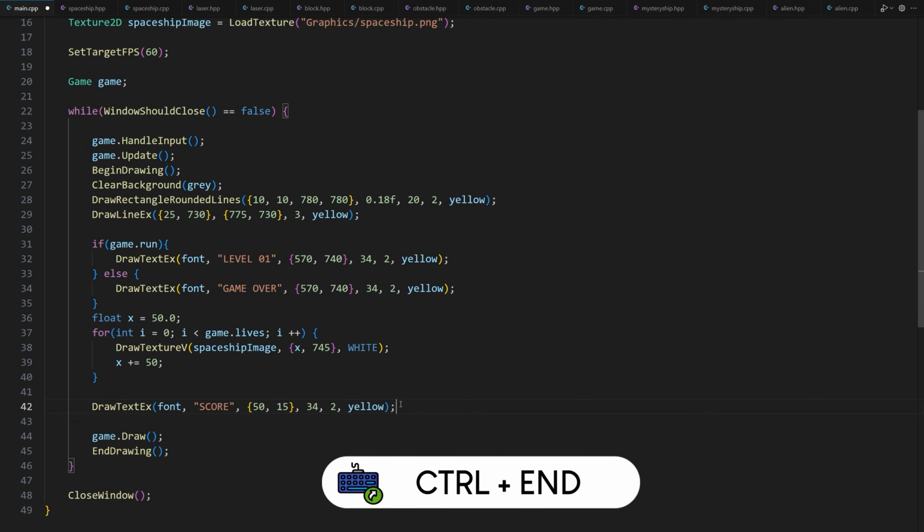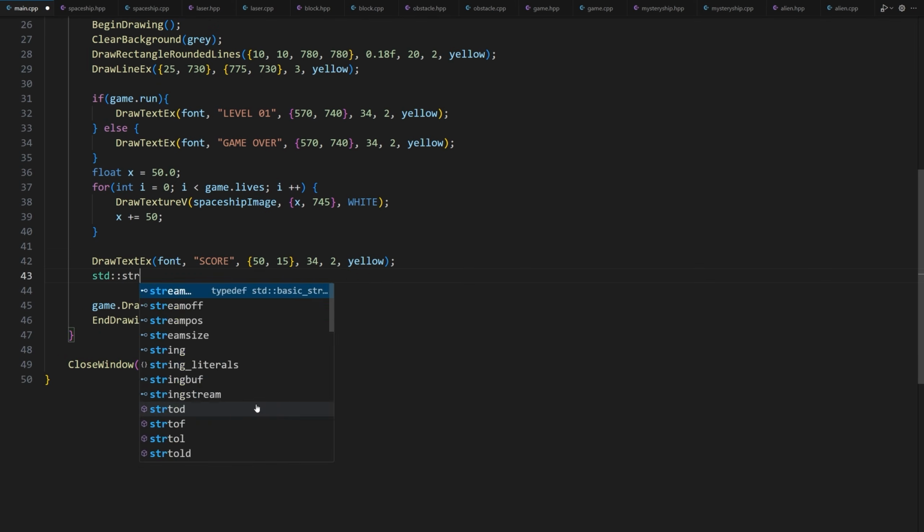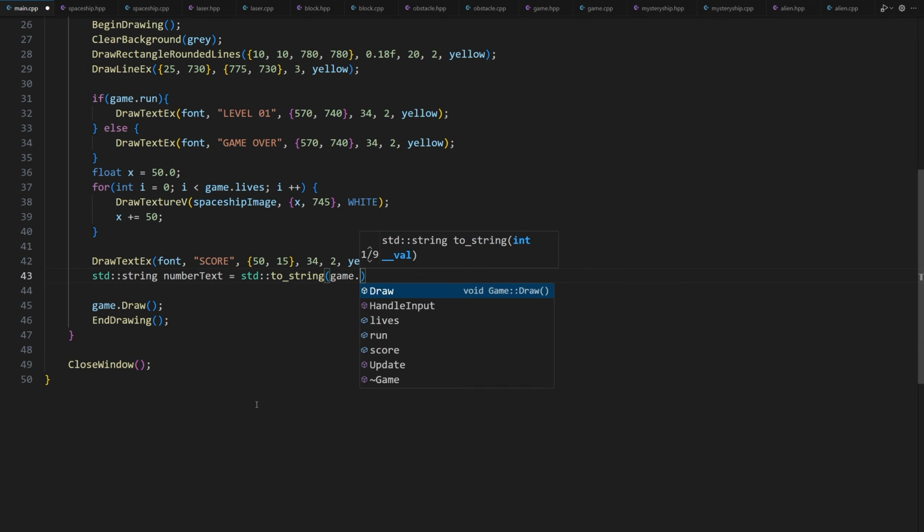Now in the game loop, right here, let's print the score. First, we have to convert the score from an int to a string. We will use the toString function. std::string numberText = std::to_string(game.score). Now we need to add some leading zeros to the numberText string variable.